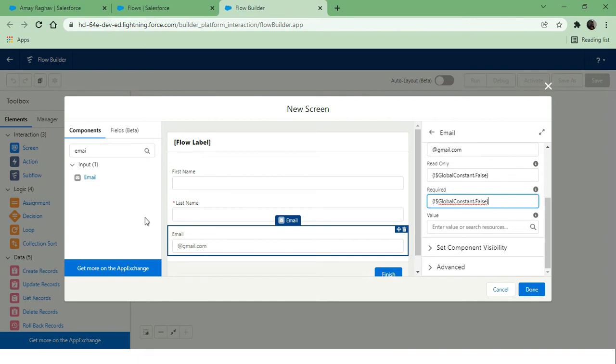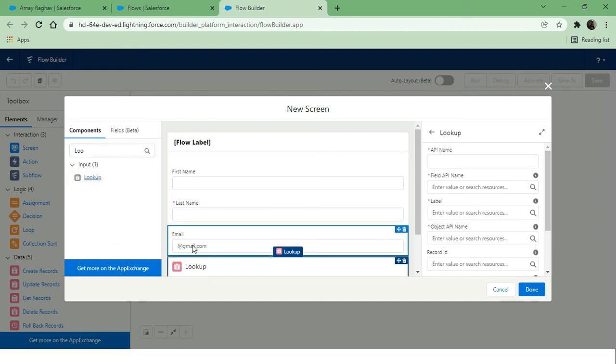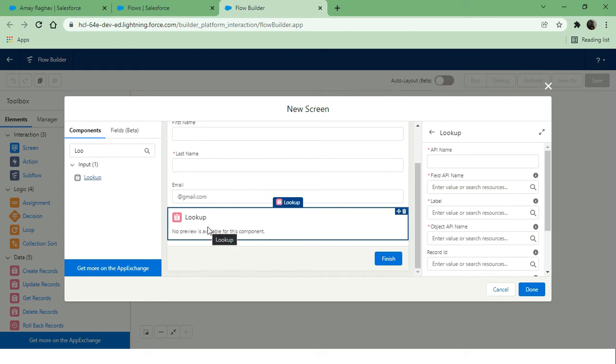Now let's go to the lookup component. Yeah, here it is. So this is the main thing which we have to look at right now. For the API name, let's put it as account. For the field API name, this is one of the most important things. Here on the help text, it is showing us the API name of the lookup field on the source object, right? As you know, the source object is contact, because we are creating a contact here, and there will be a lookup field on that particular contact, right?